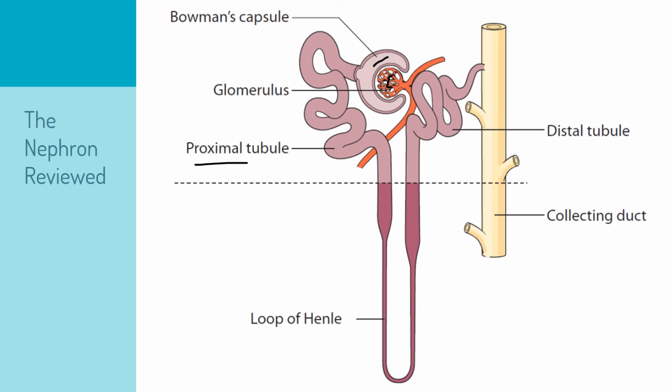The loop of Henle, we have a descending limb and the ascending thick limb. Okay, keep that in mind. And we have the distal tubule, and then from the distal tubule the filtrate is collected in the collecting ducts. So